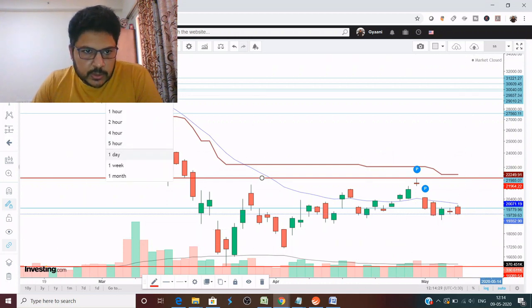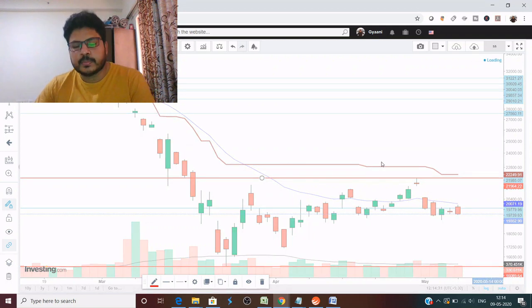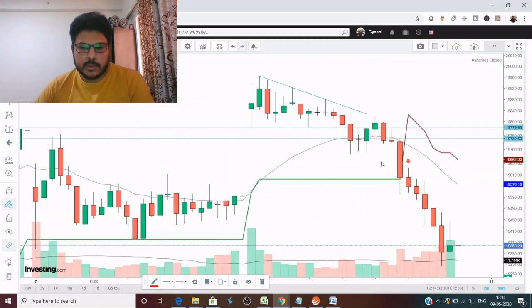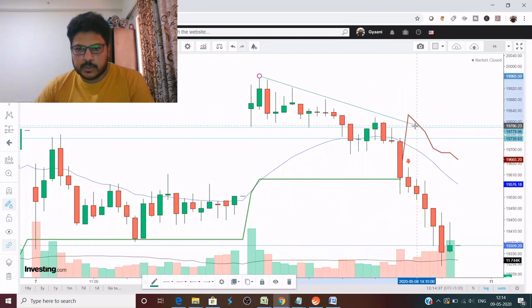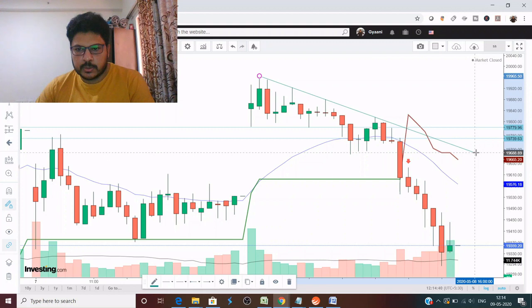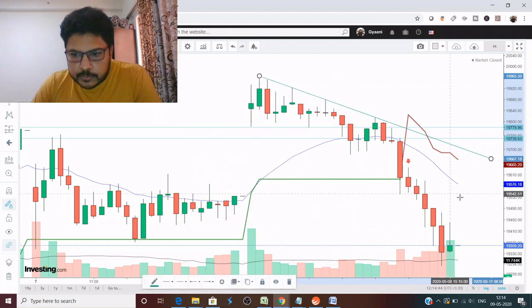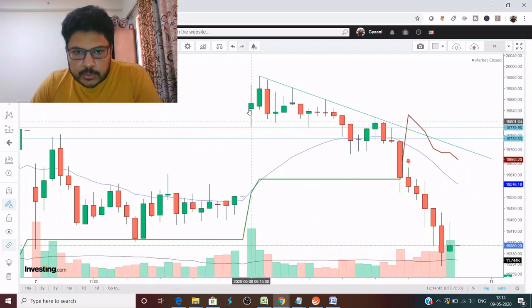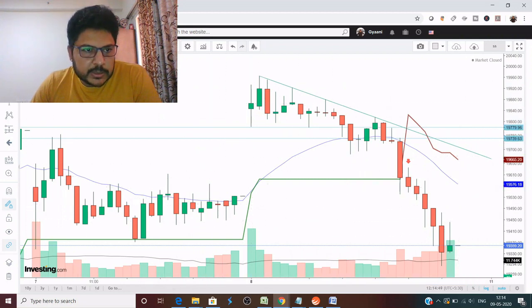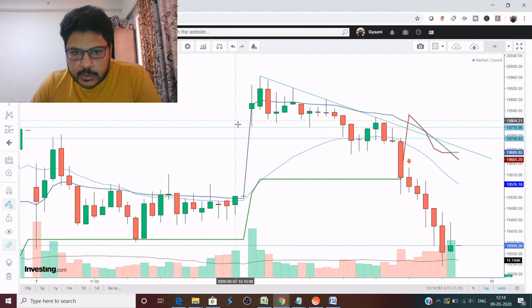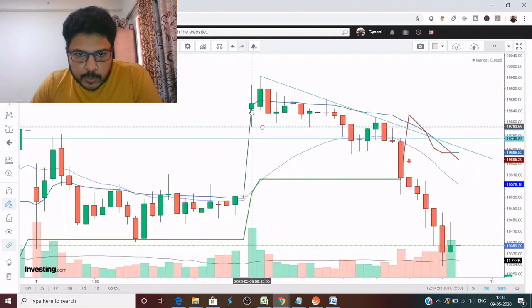Now let's analyze this on a 15-minute time frame and see how it behaved yesterday. This was our previous trend line which we had drawn. Okay, let's extend this. And now the trend is clearly down. Now let's enable VWAP as well. The price opened here and it sustained above VWAP.